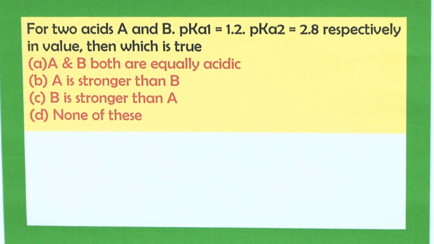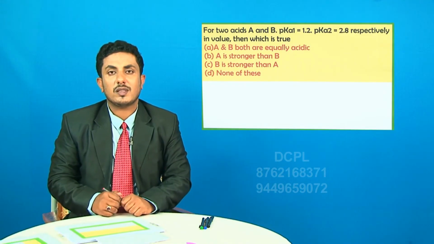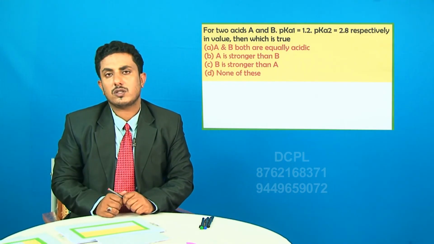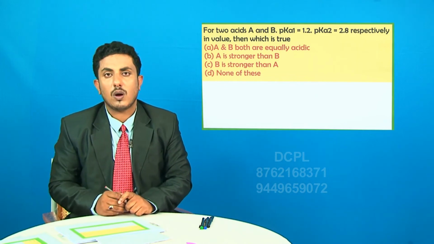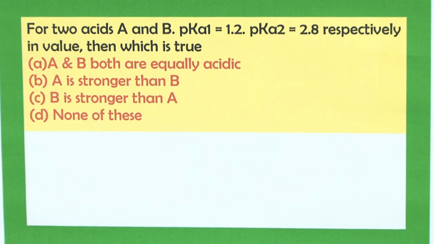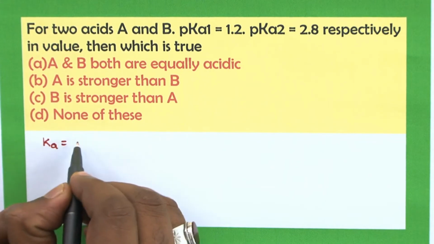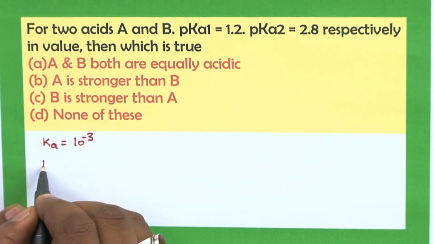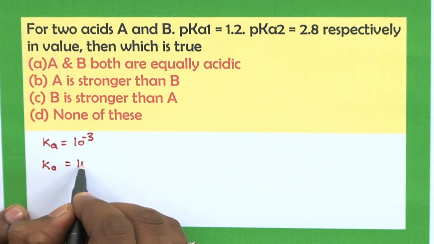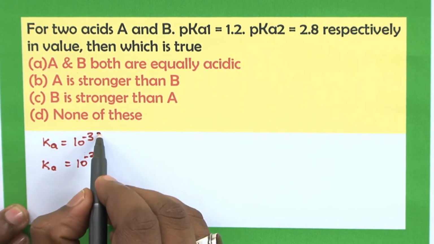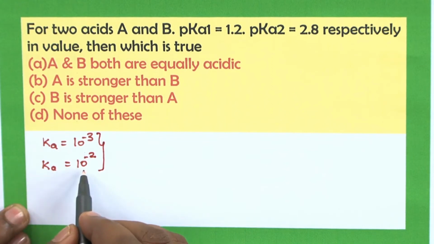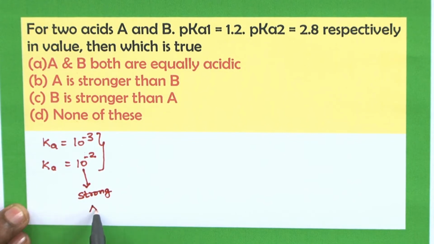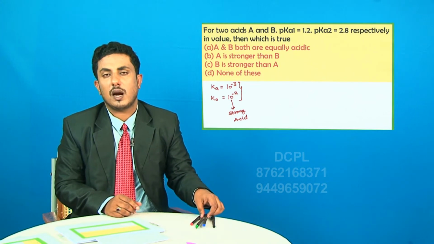Let us try to find the relation between Ka and pKa, and relate them with the strength of an acid. Ka is the dissociation constant. Larger the value of Ka, stronger will be the acid. Let us consider an acid whose Ka value is 10 raised to minus 3. Let us consider another acid whose Ka value is 10 to the power minus 2. So if we go according to Ka, the one with 10 to the power minus 2 is a strong acid. Why? Because the value of Ka is large. Larger the value of Ka, stronger will be the acid, and Ka gives you information regarding the strength of an